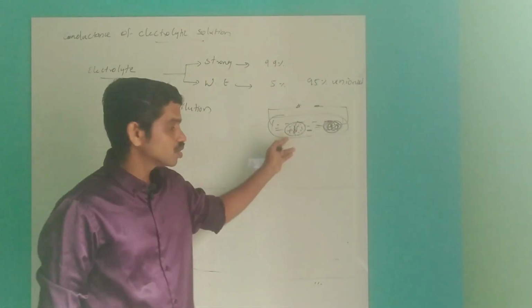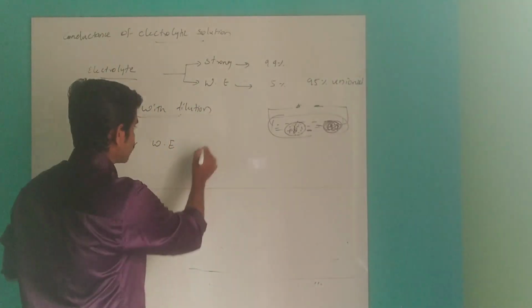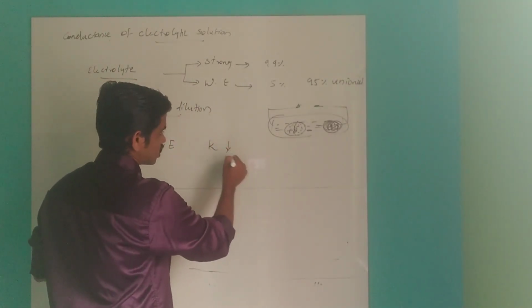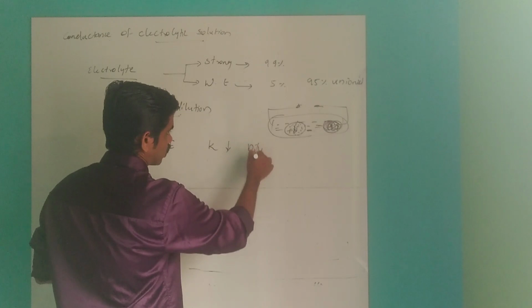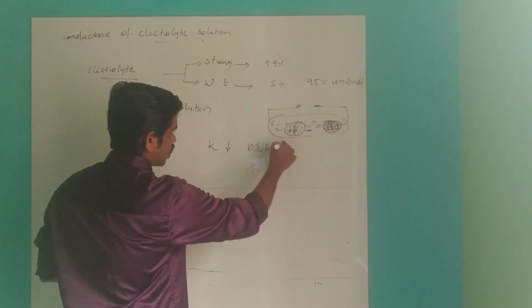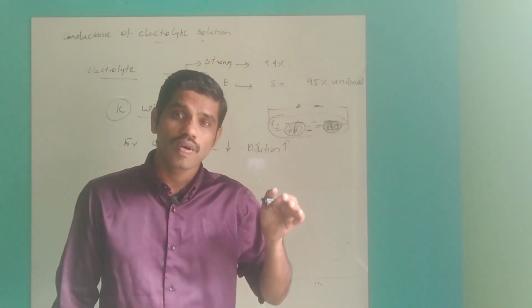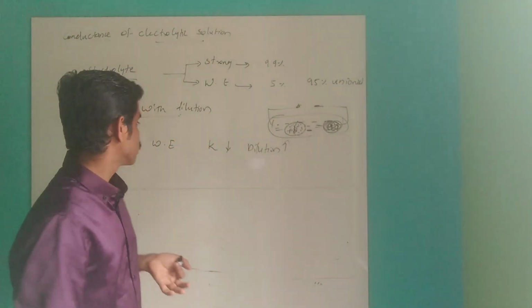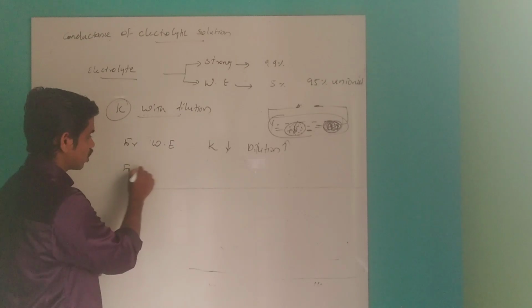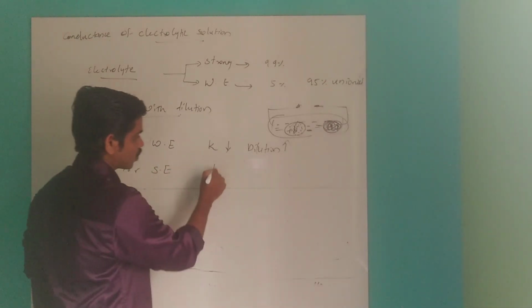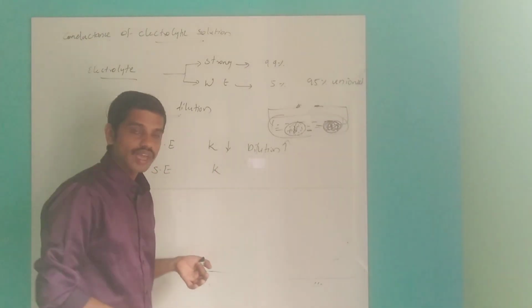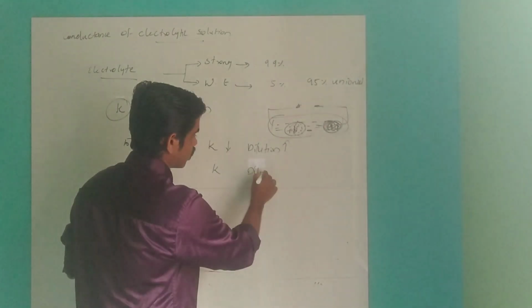Now it is decreased to one ion per unit volume. So the conductivity decreases when you dilute. So dilution decreases the conductivity of a weak electrolyte. What about a strong electrolyte? For a strong electrolyte, when you are diluting,